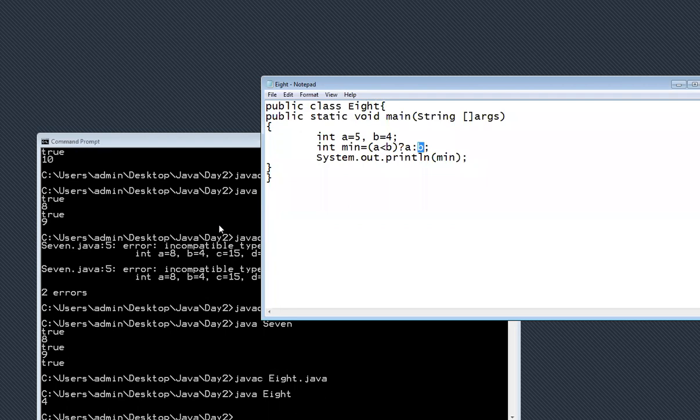No, ma'am. Okay. So I will give you one statement for implementing the ternary operator. What you have to do is check whether the age of a person is greater than 18 or not. Not equal to, only greater than 18. If greater than 18, then eligible for blood donation. If age is greater than 18, then that person is eligible for blood donation. Otherwise, not eligible. You have to write that program and share your screen. Understood?